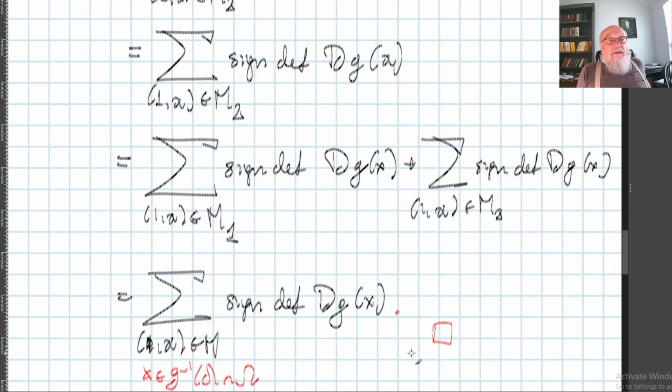We stop here, and in the following segment we will complete the proof of the theorem of the existence of the degree. We will use the analytic formula as the way of defining the degree, and we will show that the degree is well defined, has all the required properties, and of course by the analytic formula, it will be unique. So thank you for